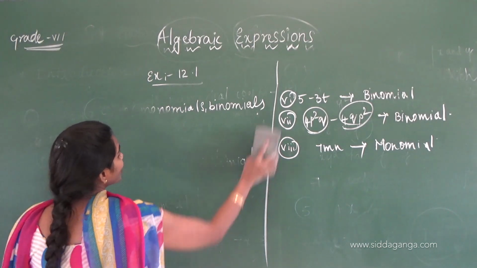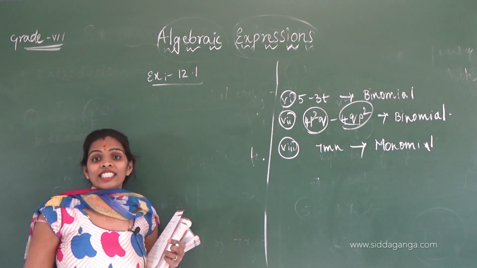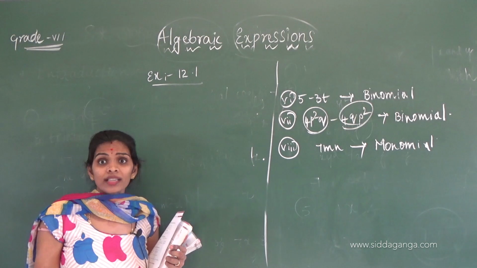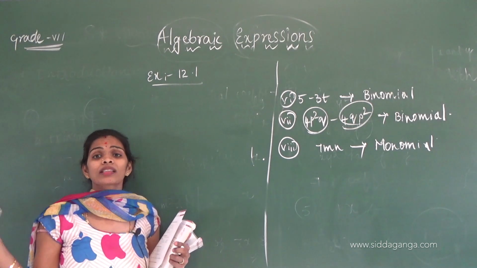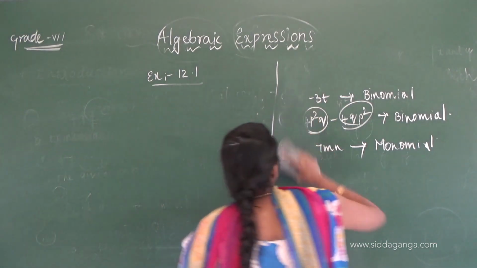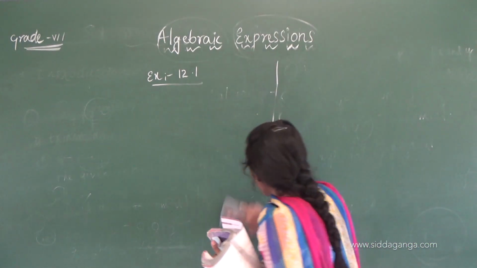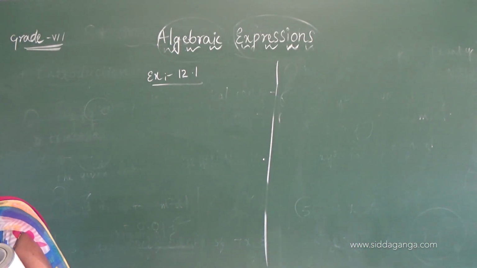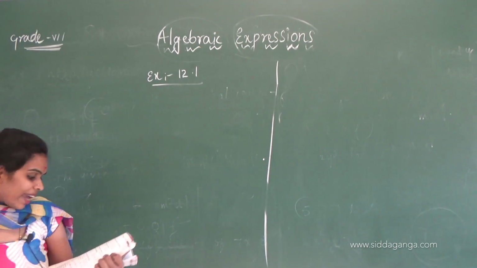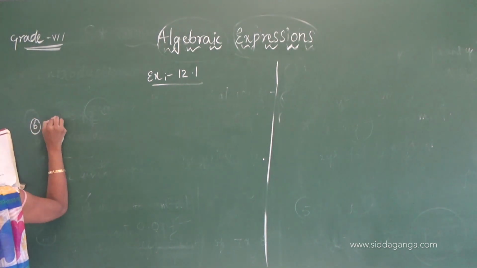Okay, next, what are like terms and unlike terms? The terms which are having the same literal factors, then those terms are known as like terms. The terms which are having the same literal factors, then we can call the two terms like terms. Okay, here in the 6th one, state